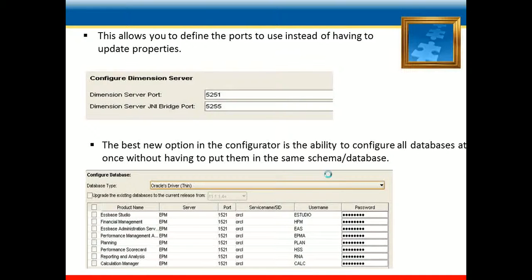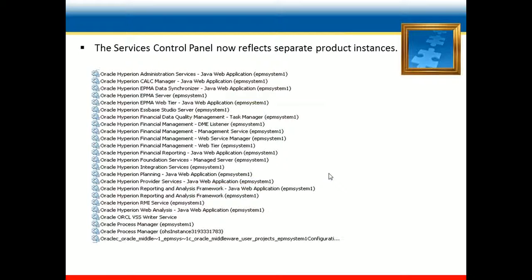with EPM 11.1.2.3. Then in a services panel screen, we can see that there are separate product instances like EPM System 1 for each service available in the services panel. In earlier releases, the Oracle service names started with Hyperion, but now with EPM 11.1.2.3, we can see in the services panel the naming change to Oracle Hyperion.